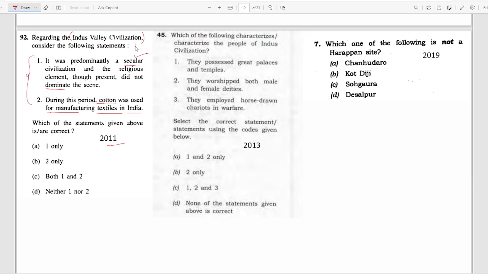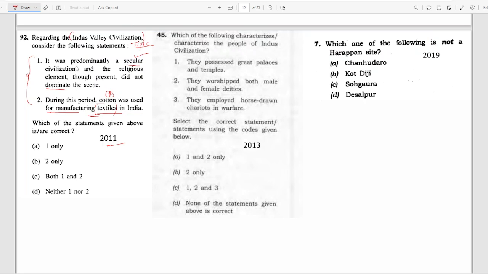First, this is the topic, Indus Valley Civilization is important. The topic you have understood. So next time when you are reading, you have to read especially Indus Valley Civilization. You have to go in depth, and whenever you are reading any particular era, you should see whether it is a secular civilization or there were religious elements present, and if they were present, in what type, and the crops grown, what was grown during that particular era.